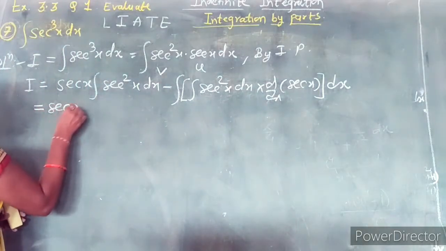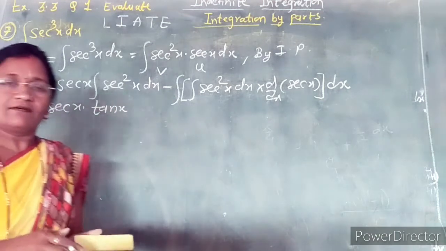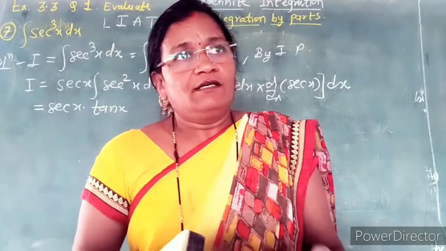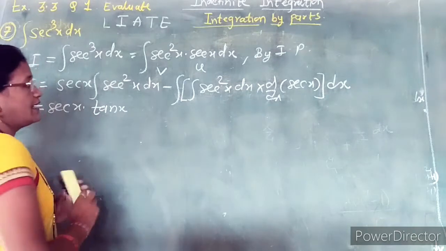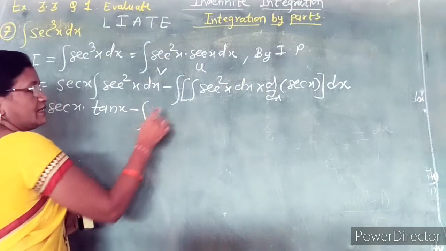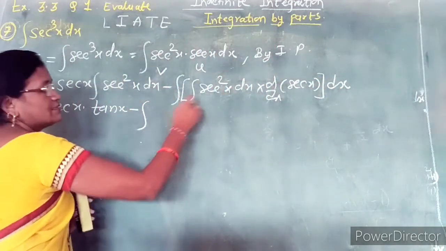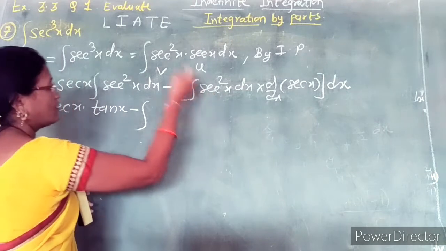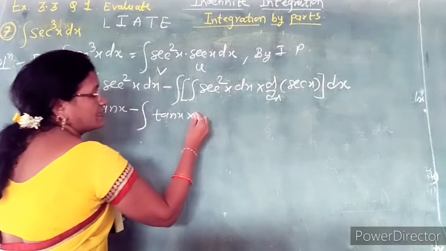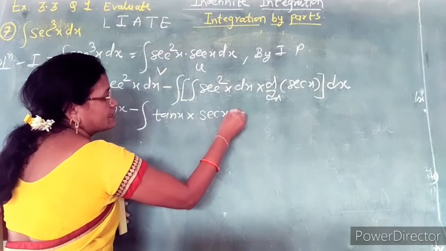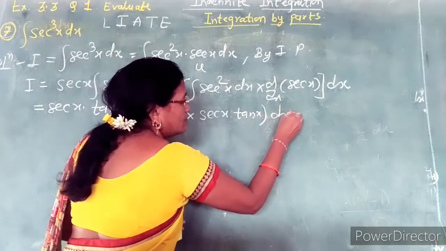Now that gives here sec x. What is the integral of sec square x? By the antiderivative process, we take the function whose derivative is sec square x. So that function is tan x. So we take here the integral of sec square x as tan x, minus outer integral. That integral remains as is because it can be integrated with respect to x. So we find the integral of sec square x, which is already found here, so that value becomes tan x, and multiplying the derivative of sec x, which is sec x into tan x, and we find the integral of this product with respect to x.